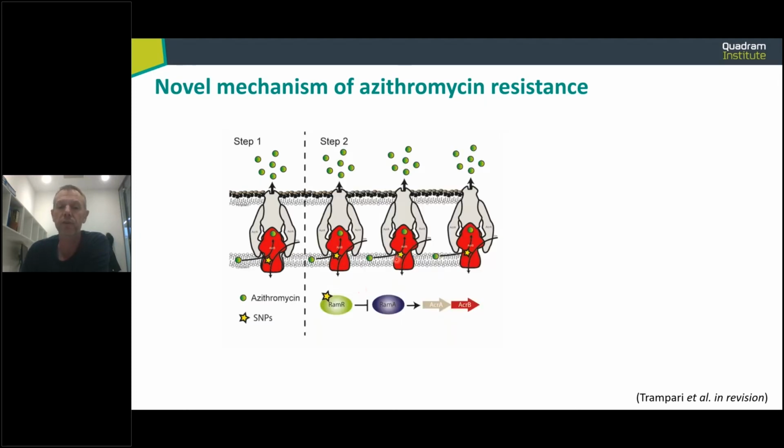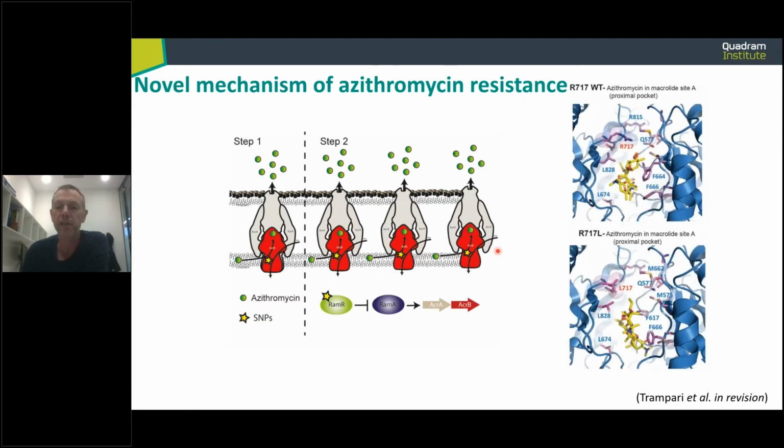And then what we found for the strains that had a high MIC and had a range of change to different compounds is they all had this mutation, but now they had another mutation in this regulator RamR, and this regulator controls expression of the pump, and what you end up with is making more of this pump. So you mutate a pump to be better able to export the drug, and then you produce more of that pump is what we think is happening.